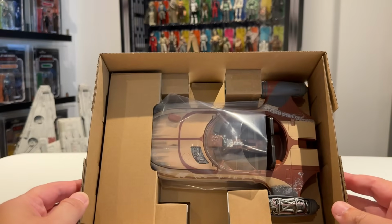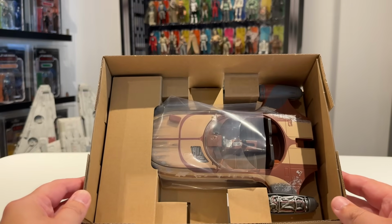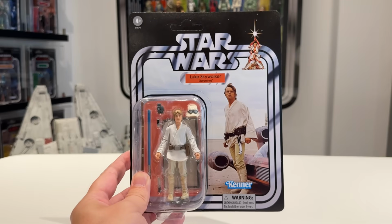And then there's the rest of the Landspeeder there. So we'll just get it all out of the box and I'll set it up. Okay then, so before we get on to the Landspeeder itself, I just want to take a quick look at